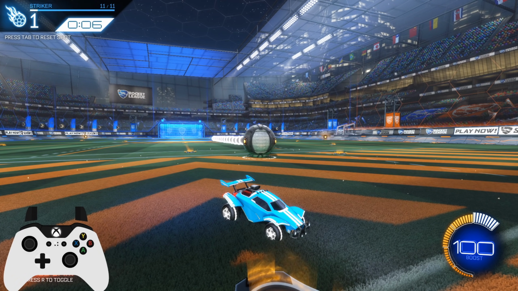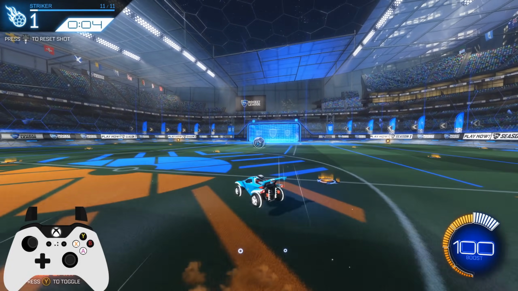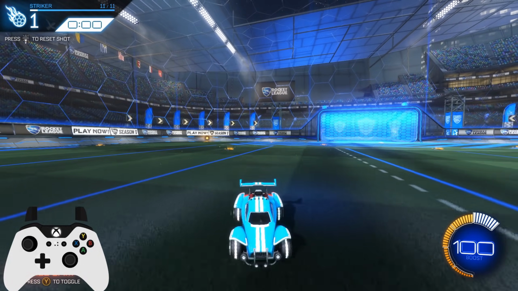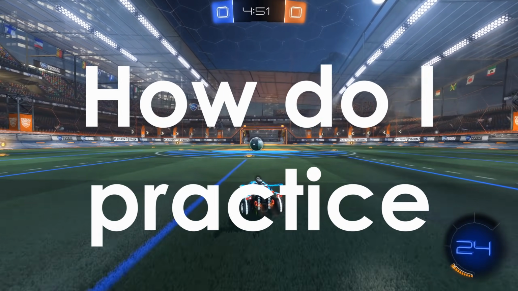This next power slide shot is all about recovering fast enough while holding power slide to be able to save this ball. So power slide all the way back while flipping and you should be able to get it out of the way. Now that's the whole training pack, but you're probably wondering, yo, Striped, how do I practice my